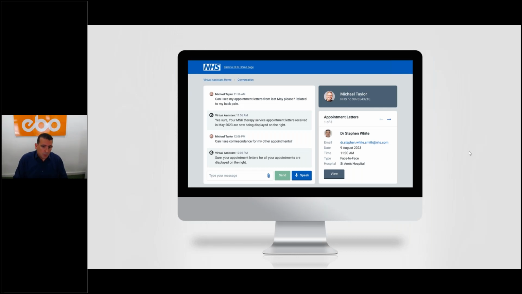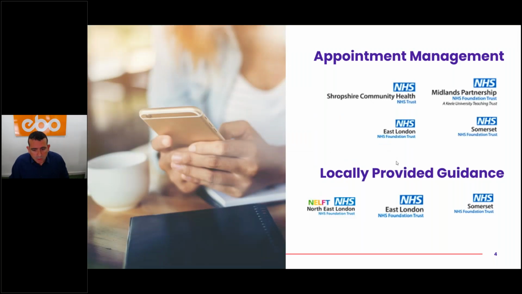This is a display that is focusing a little bit more on the conversation design and the information that's being shown. I'll take you through that a little bit later. The key element that we wanted to mention in these couple of slides first was when we analyzed the requirements of the NHSE, really the main pillars were already being covered by a lot of the work that we were doing with trusts. So it was all around making sure that we gathered the use cases and the knowledge that we have, but then started to introduce it into the form of a portal that could actually be modified to meet the requirements of the specific trust. And that is what we've ended up with, and that's what we're going to be showing a little bit today.